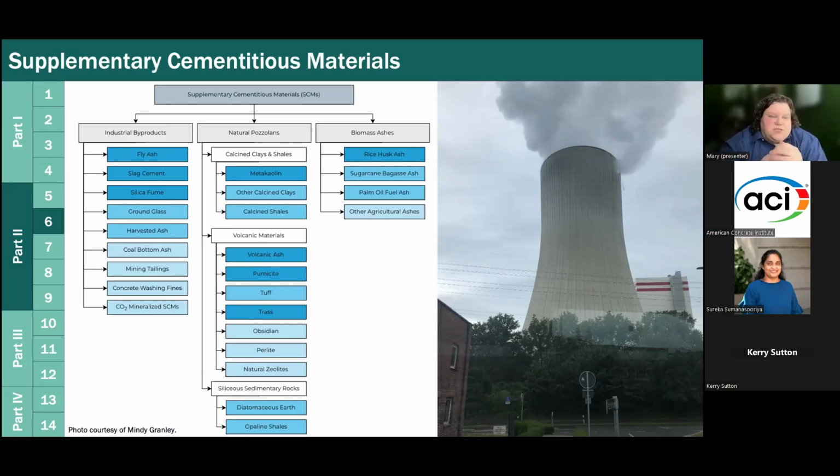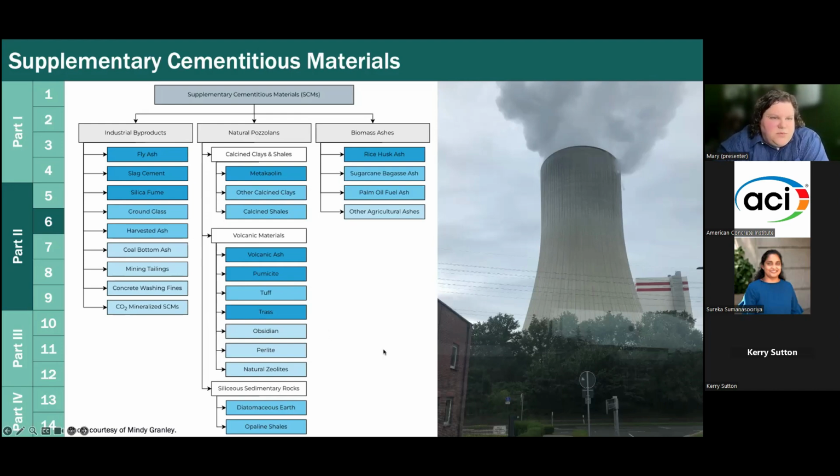An SCM is a material that replaces some of the Portland cement in your mixture, and it actually chemically reacts with the Portland cement that's remaining and the water, and you get this really nice pozzolanic reaction, which I didn't go into in this presentation, but it's really a kind of a beautiful system. Sorry, I have a dog in there barking. I was hoping they wouldn't.